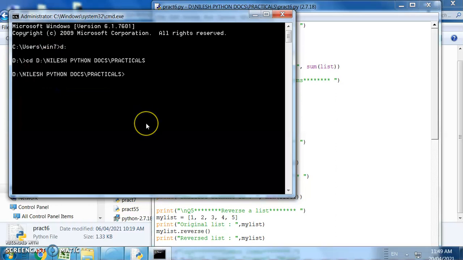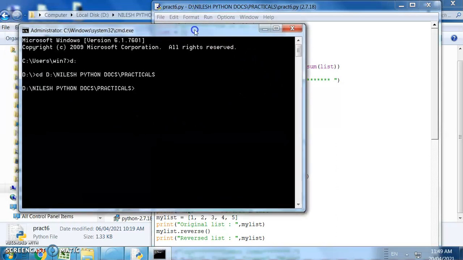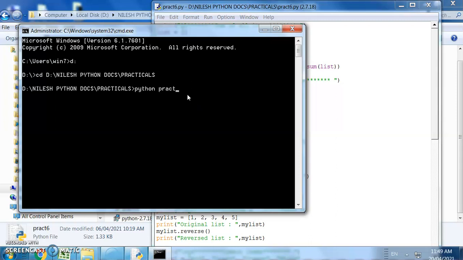After that I want to execute practical number 6. So we have to specify first python, then our script name, that is prac6.py.